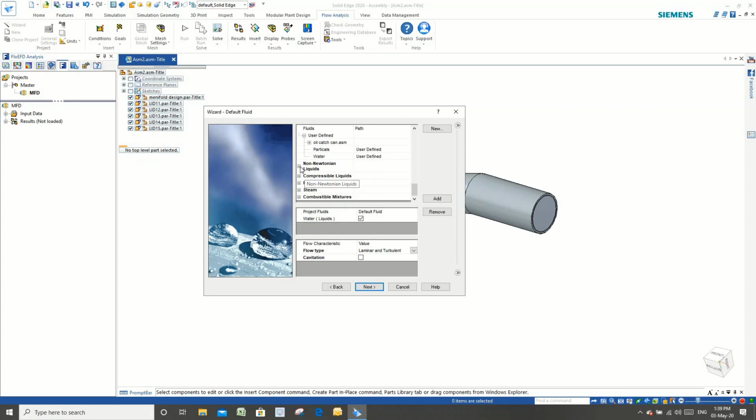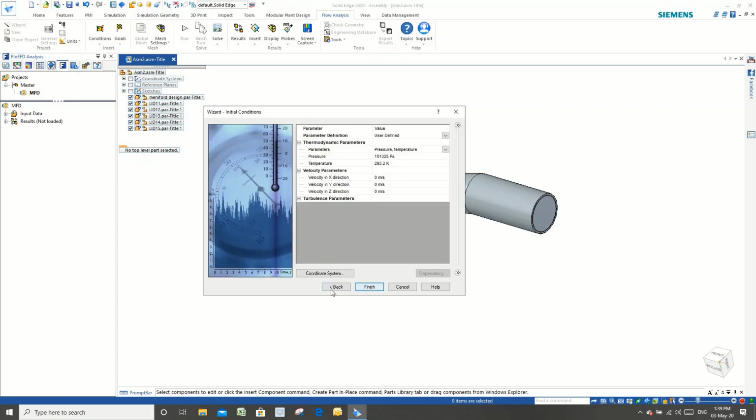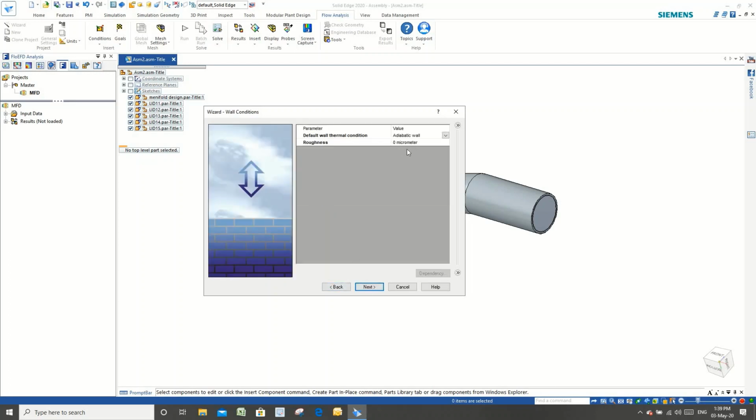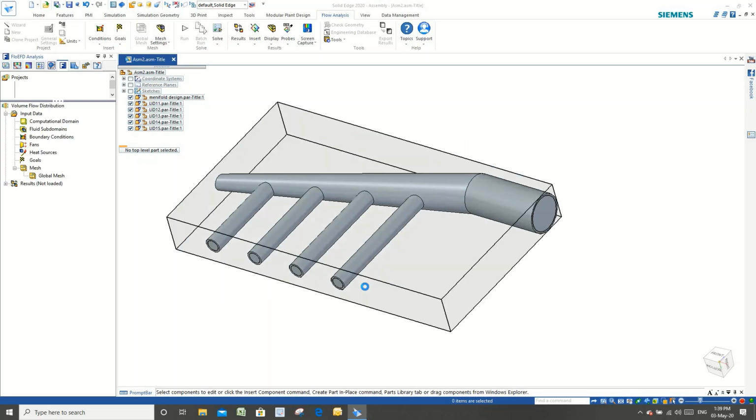Okay, and when you select water, it will give you the option called cavitation. We'll see this option in future, but the crux of this is that we have different kinds of fluid, like non-Newtonian fluid, like sugar, or you can say blood, or you can say honey. And also we can apply the roughness, which is not possible or practical in the CAD modeling. So we can apply it here, and it will be taken into consideration.